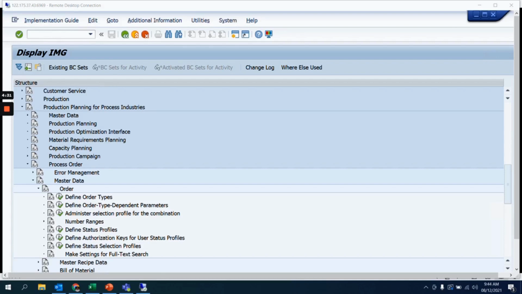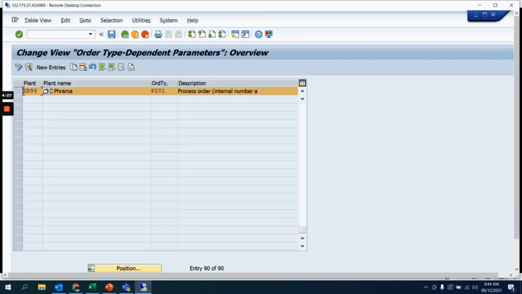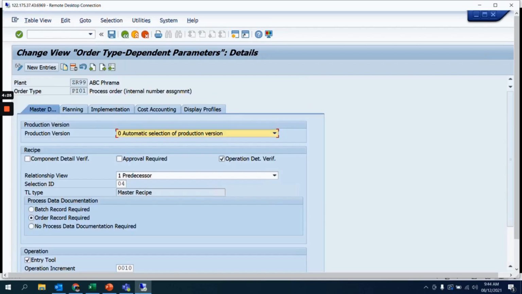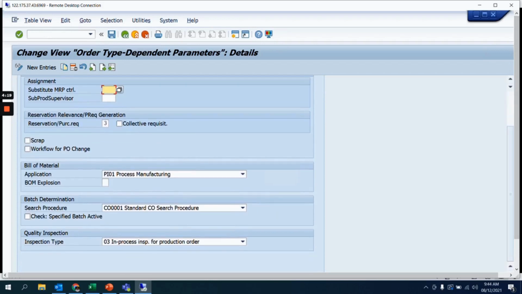In the planning tab, we need to define that the batch search procedure is based on the search strategy we are defining. So this is a prerequisite for this order.